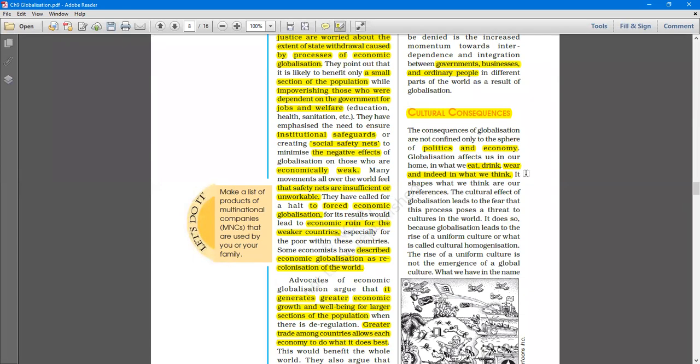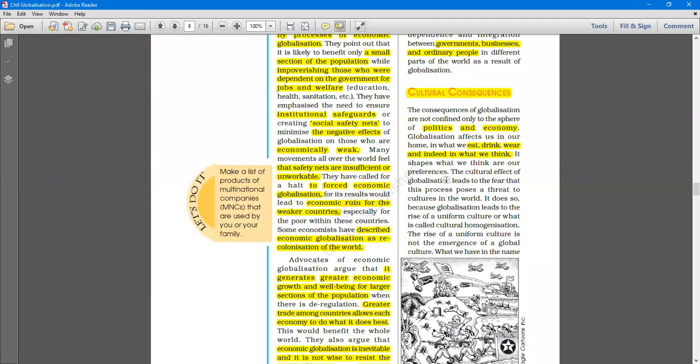So the cultural consequences of globalization also affect us: what we eat, what we drink, what we wear, indeed what we think. That also gets affected by globalization. So it shapes what we think are our preferences. The cultural effect of globalization leads to the fear that this process poses a threat to cultures in the world. It does so because globalization leads to the rise of uniform culture, or what is called cultural homogenization. So the uniform culture, like the Western culture, is just